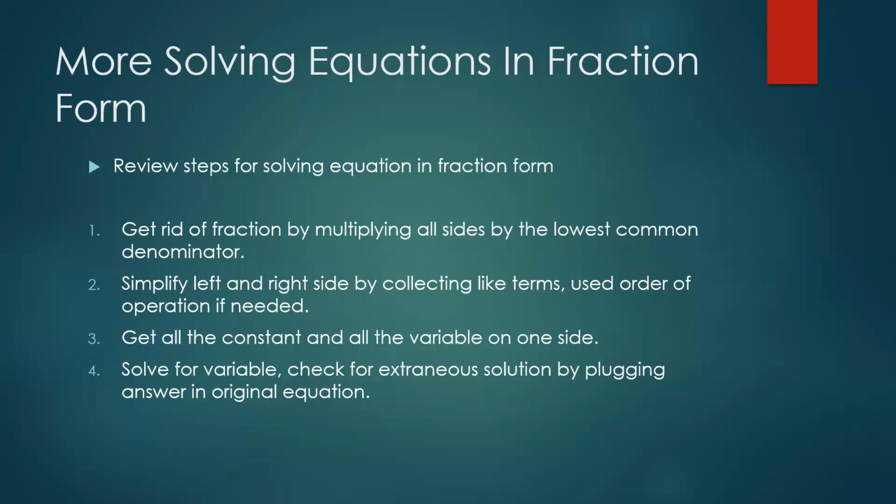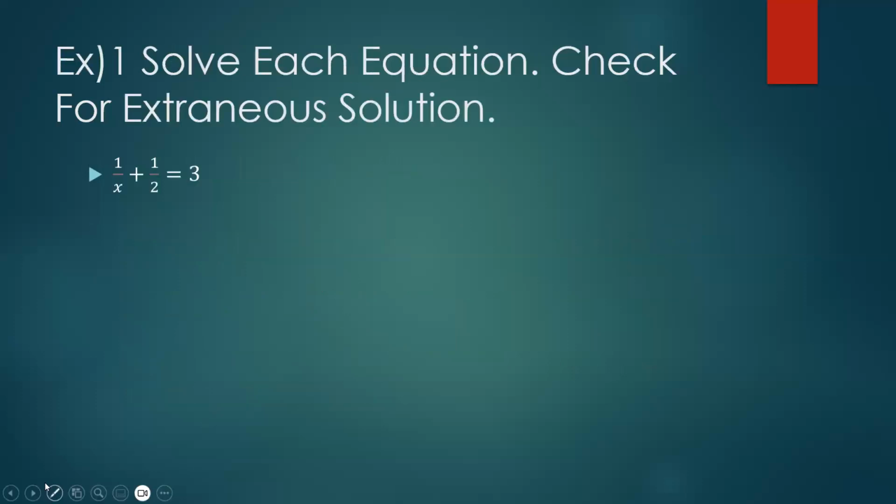Okay, so these are a little bit more challenging ones. Let's start with example one. Solve each equation, check for extraneous solutions. On the bottom, we have 1 over x plus 1 over 2 equals 3, or you could think of it as 3 over 1. So we have 3 sides, and we've got to get rid of the fractions